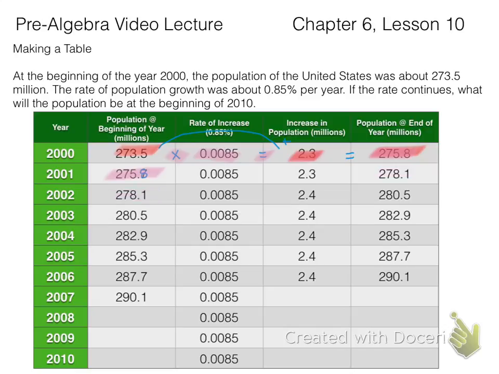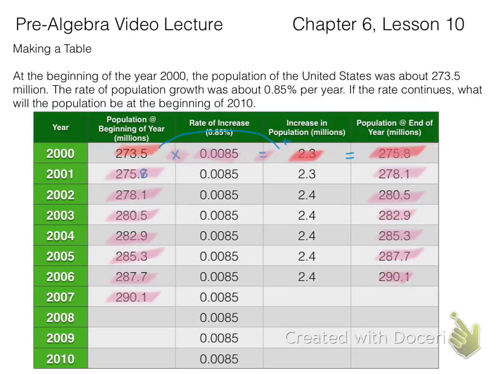So as you can see, the next year, the end of 2001 is the beginning of 2002. And this is the same, and it moves on and on. So I already did some of this work for you, but let's go ahead and do the remaining of the table just to say we did it. Okay, so